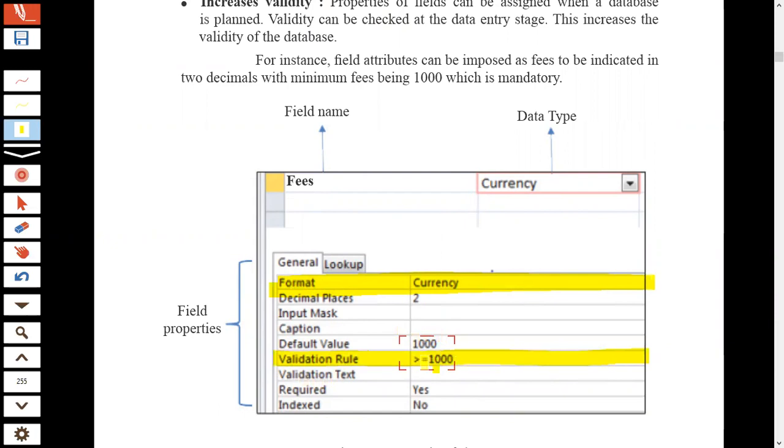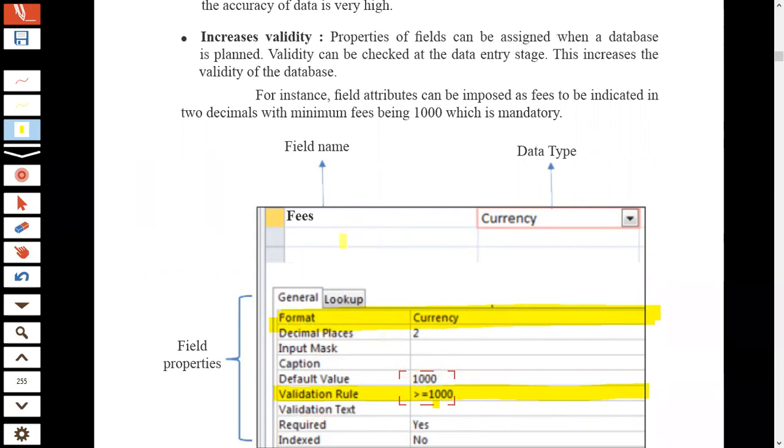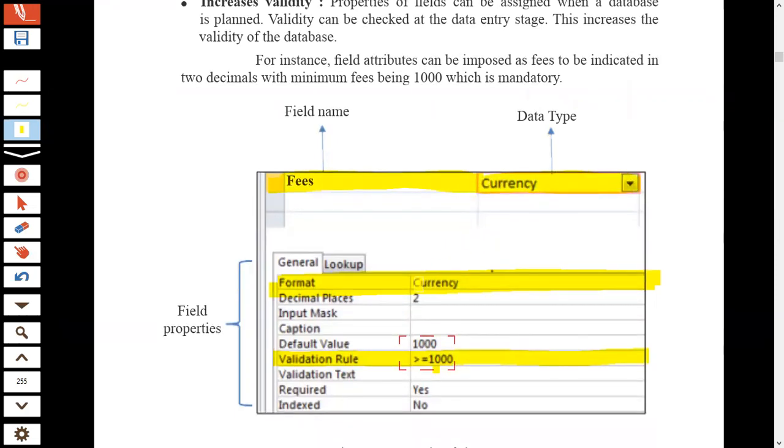In this example, this format should be currency type. We have to mention the data type of all the fields in Microsoft Access. So we have to mention the data type as well as the size of data or format or decimal places, likewise properties of data we have to maintain.